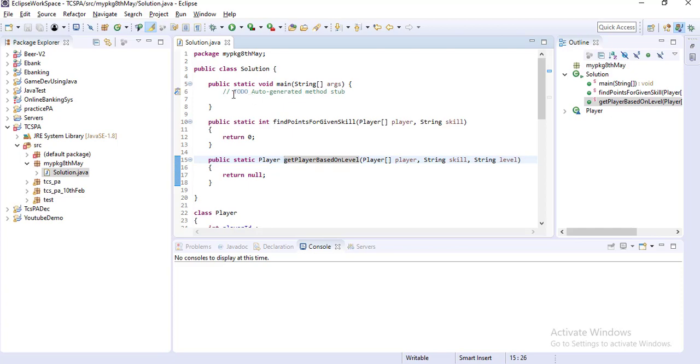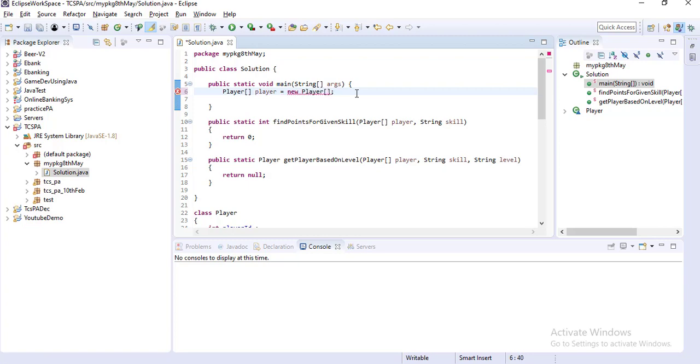Inside the main method, we will write the 4 player objects. Suppose I am giving the name as player. I am creating the 4 objects, so it's player equal to new player.